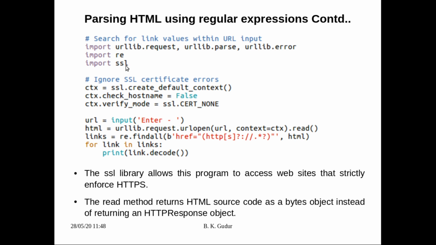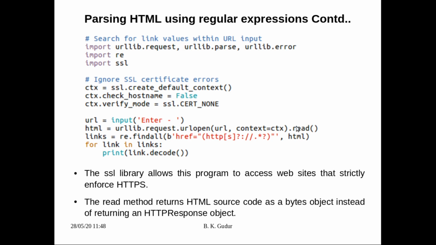This is a module we are going to use whenever we connect with a secured website. Dear students, these three particular statements are used to communicate with the SSL layer, so use these statements as they are for now. Here, first we ask the user to enter a URL. Once the user enters the URL, we read it using urllib.request.urlopen, with this URL entered by the user, and context equal to ctx, as per the SSL certificate.